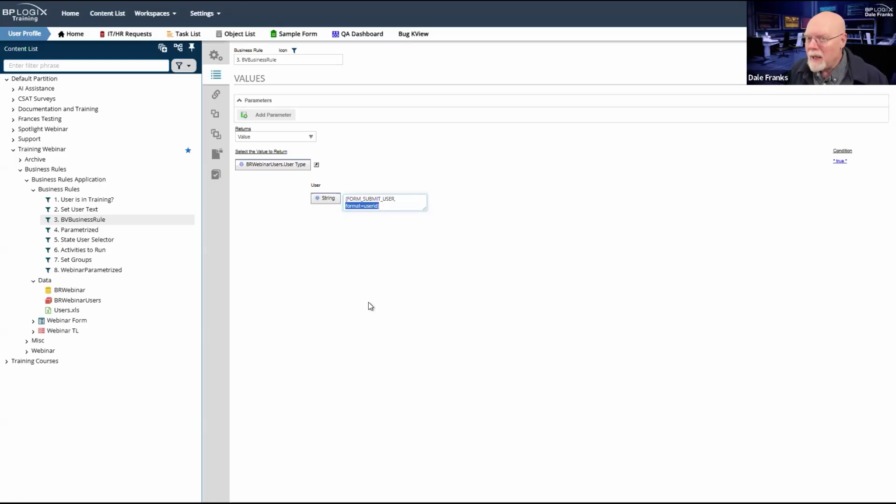This can be a little dangerous in that we don't enforce uniqueness on the user ID. So there could technically be two Dales on this system. That is not a recommended practice, but it does happen because there are occasions